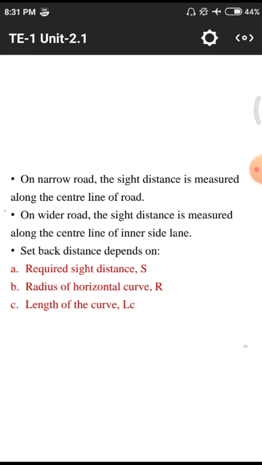Next, the setback distance mainly depends upon the required side distance. That means the amount of side distance required for overtaking of vehicles, which is denoted with S. Next is the radius of the horizontal curve. If the radius is as high as possible, we have a long side distance, so whatever vehicle is far ahead, we can observe clearly due to the long span of road. If the road is very tight, that means the horizontal curve radius is low, so we have less side distance. The length of the curve also